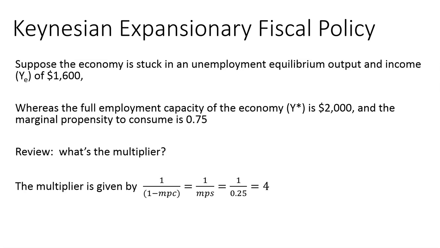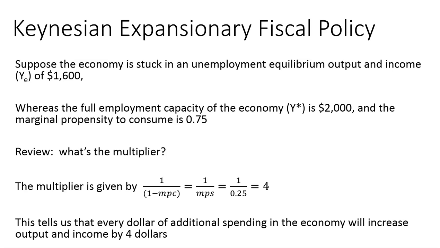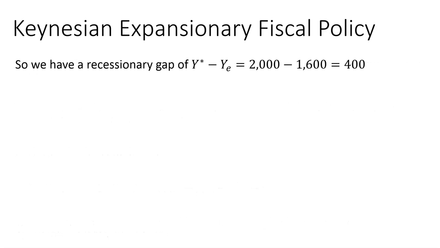The multiplier is given by 1 over 1 minus the MPC, which is the same thing as 1 over the MPS. So 1 over 1/4, which is a multiplier of 4. What this tells us is that every dollar of additional spending in the economy is going to increase output and income by $4. So we have a recessionary gap, the gap in output and income between equilibrium and full employment,